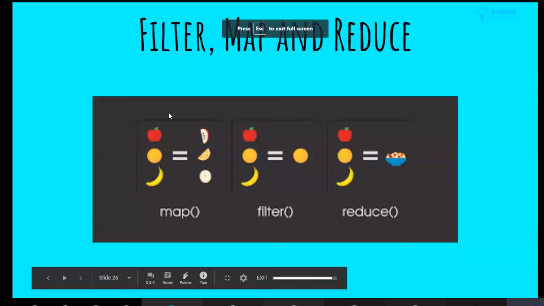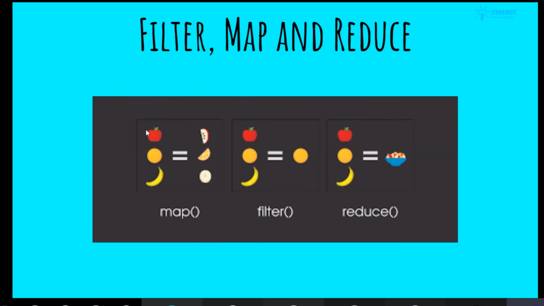We have the map function. So what map function does is it takes up all the values which are present in a sequence. So these three functions basically take in sequences as a parameter. So for example, I pass a list which consists of an apple, an orange, a banana. So what it will do is it will perform a similar operation with all the entities which are present inside a sequence. This is only for demonstration purpose, but you can consider these are some values, for example 10, 20, and 30.